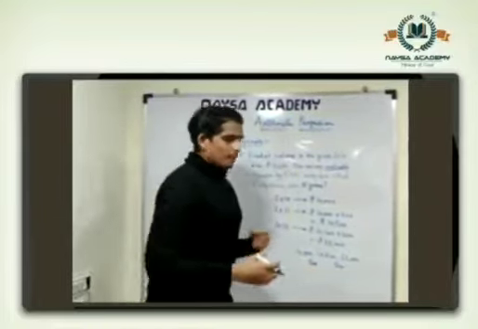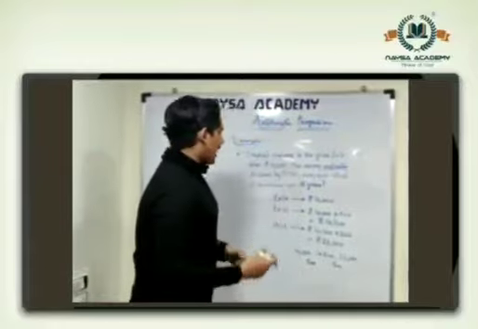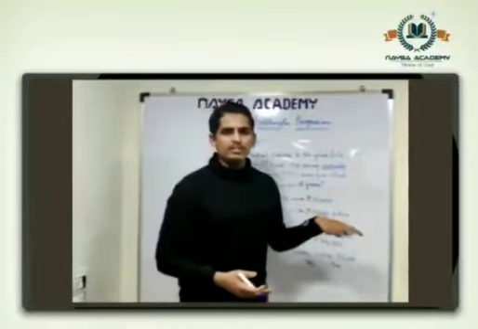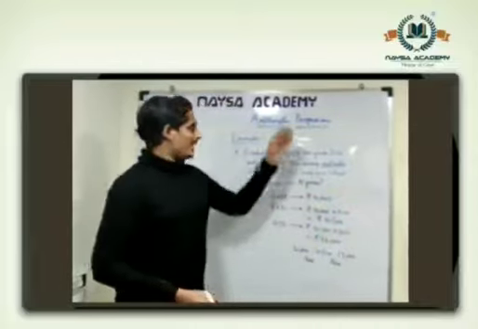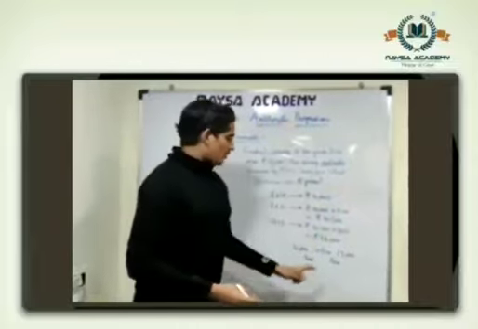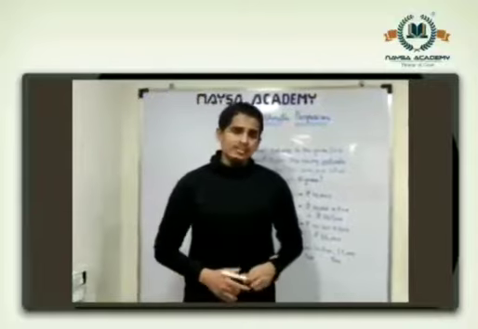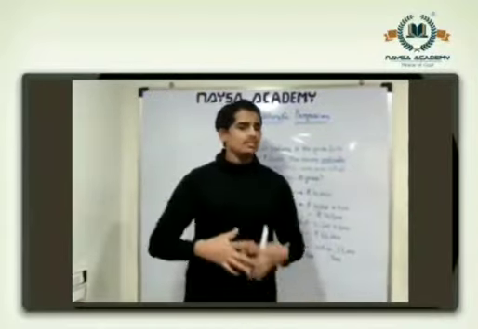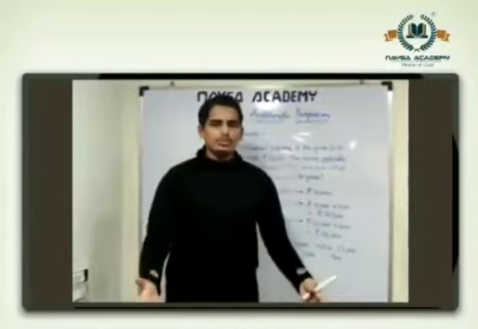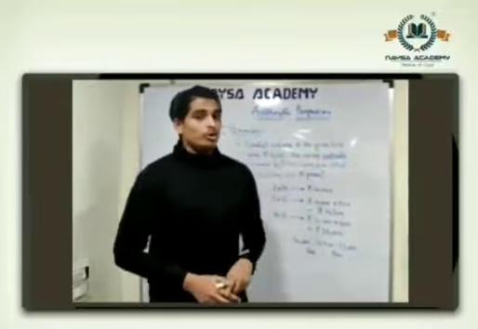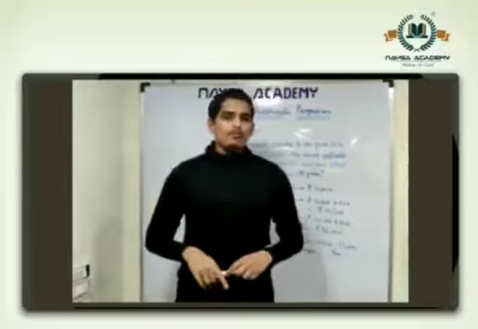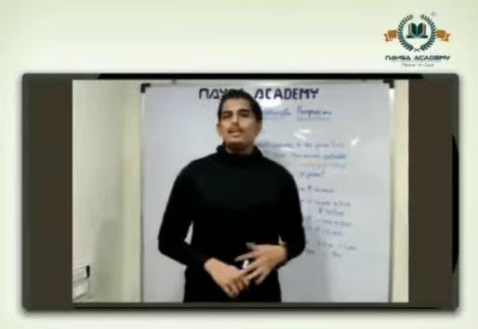Now, if manually you will calculate her salary after 15 years, it will take a lot of time. So we have a formula in arithmetic progression for finding out the salary after 15 years, after 30 years, after 45 years, after 100 years, after 1000 years. Obviously after 1000 years you cannot find it manually. So to understand about that formula, we will be discussing it in my next video.